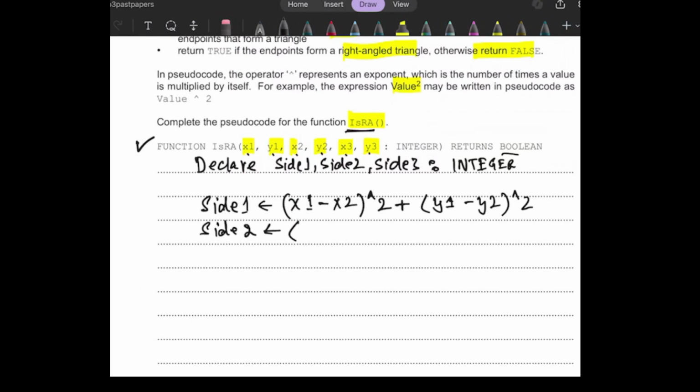Side 2 can be written as (x2 minus x3) power 2 plus (y2 minus y3) power 2. This is side 2, and then we have side 3, that is the